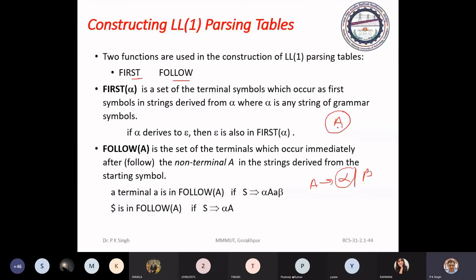Okay? It means if you look at that very symbol, you can decide yes, A should be the non-terminal and you have to go for A. That will help in taking the decision, selecting the production. Either first or follow, both are how that table gets constructed through which you are deciding.